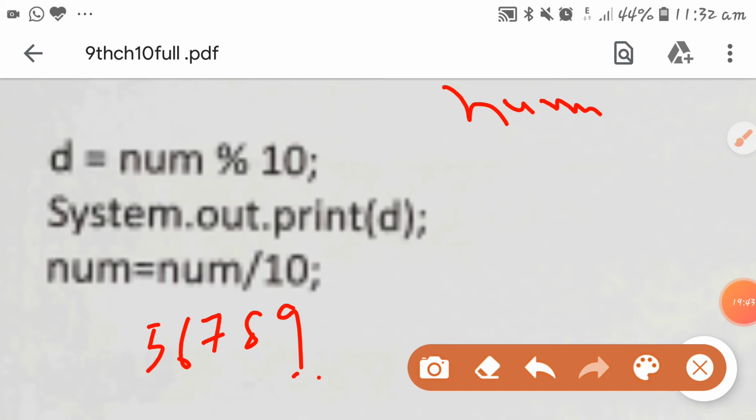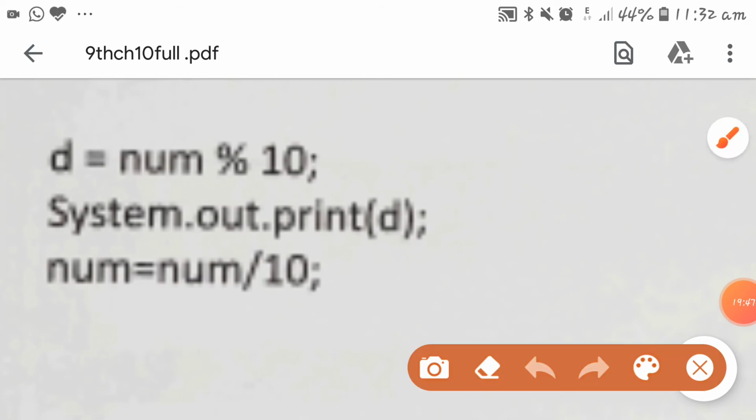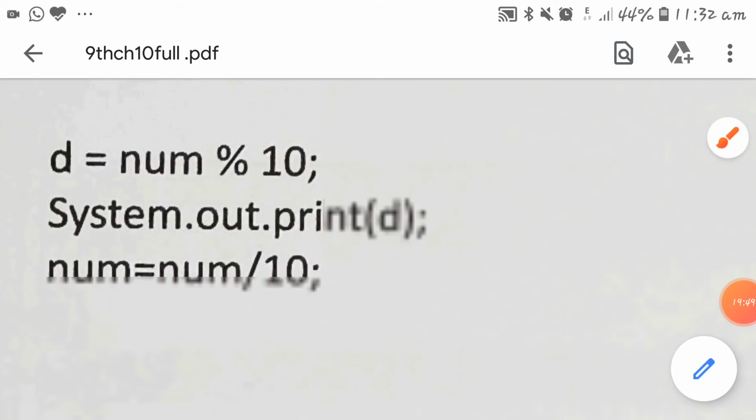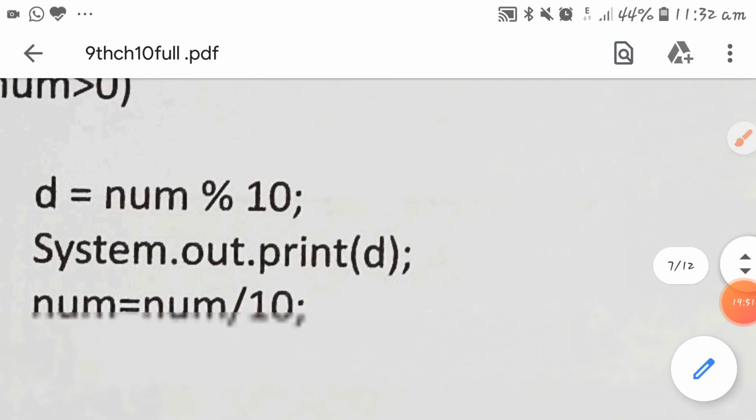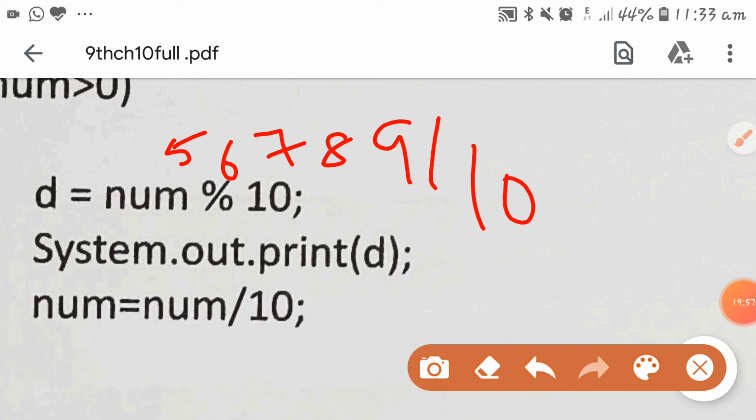So my new number, because it is integer type, what will be my new number? It is of integer, so don't do the division in a decimal way. Decimal no need to take.